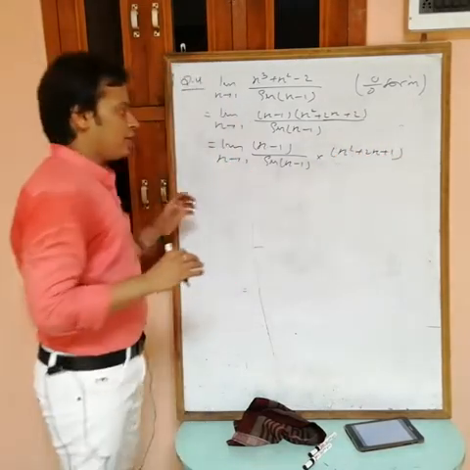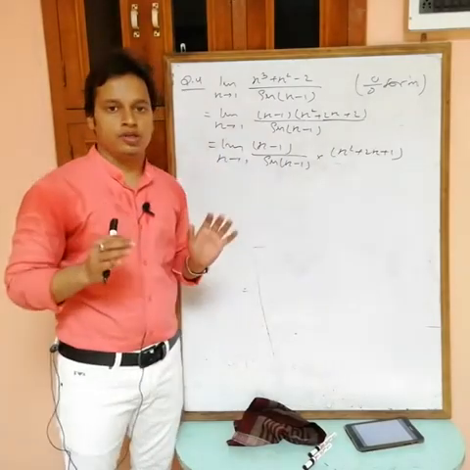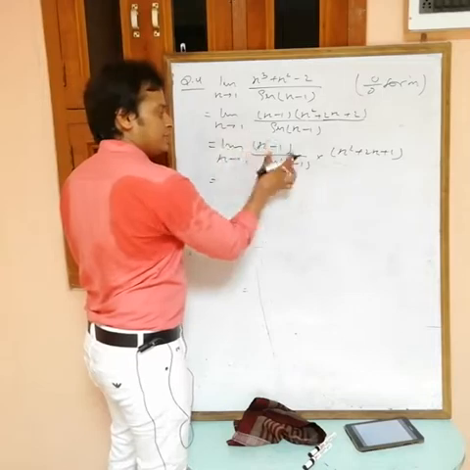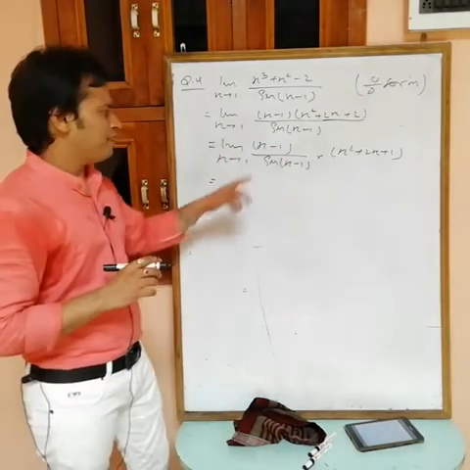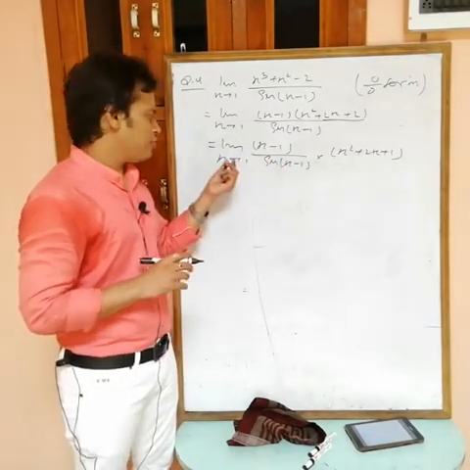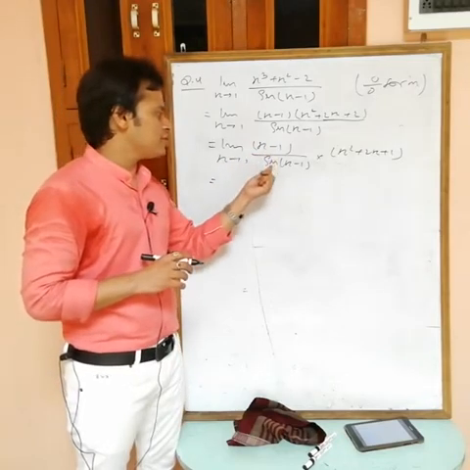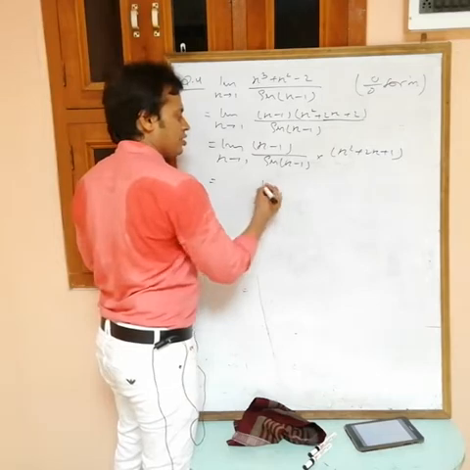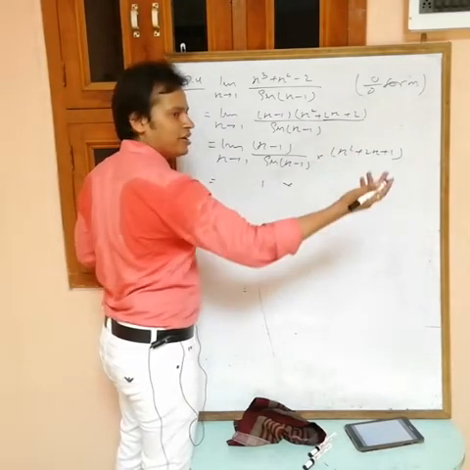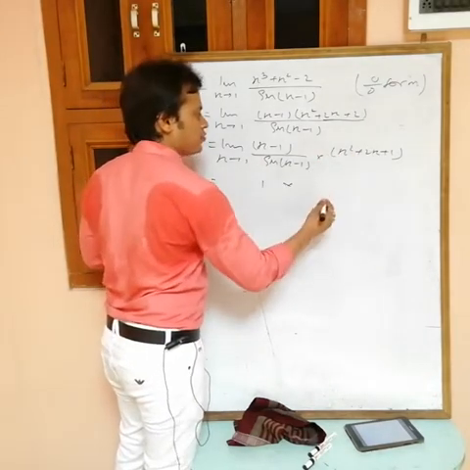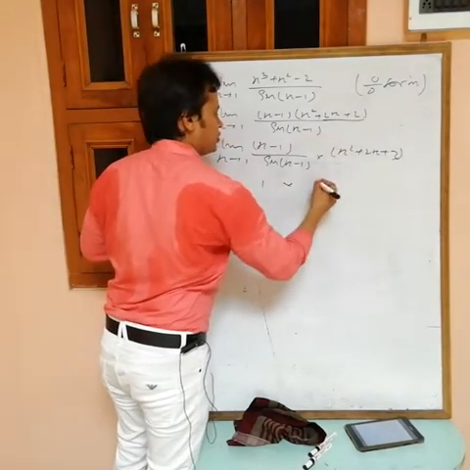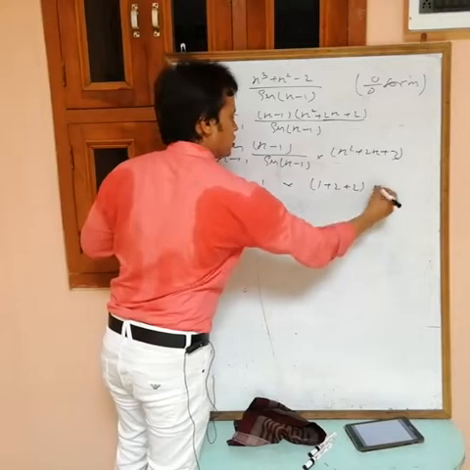I am writing this one as f(x) into g(x), so I can use the theorem for limit. Okay, now this is the standard limit or not? Obviously x by sin x form. When we are putting x equals to 1, what we are getting? 0 by sin 0 form. Okay, then simple. So limit of this one is standard limit 1, limit of this one finite value, so I can write, put x equals to 1, what we are getting? Sorry, this is 2, and 1 plus 2 plus 2, so the answer is 5.